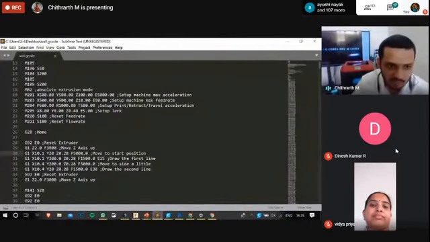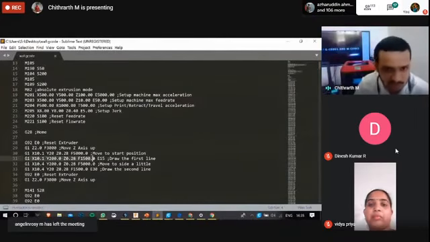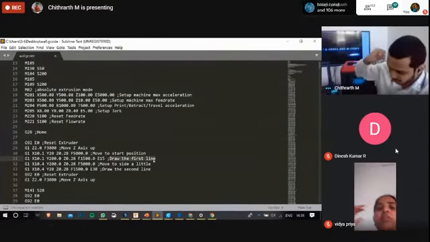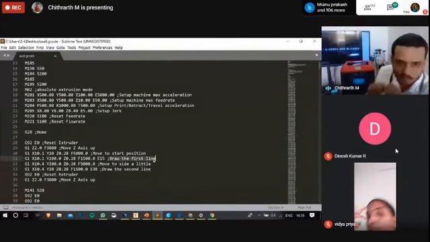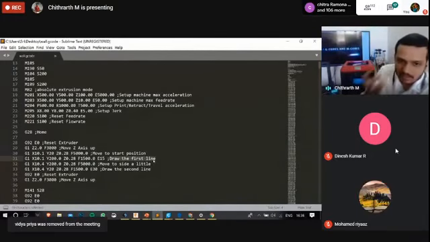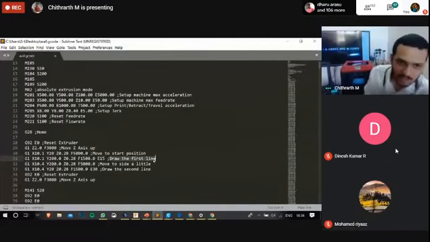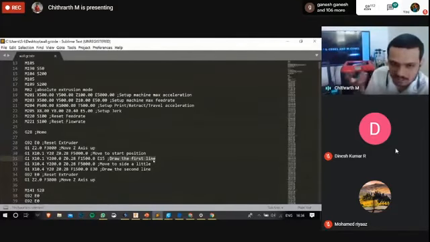Yeah. So now we are moving our x-axis, y-axis, z-axis. Again we are moving the x-axis, y-axis, and z-axis. We are drawing the very first line, so that we are testing if there is any issue with the nozzle chamber. If it is out of material, while drawing this first line the chamber will get filled up, so that it is ready while printing the actual part. This is something like a dummy line, so that if any vacuum is there inside the nozzle chamber, the vacuum gets filled up.